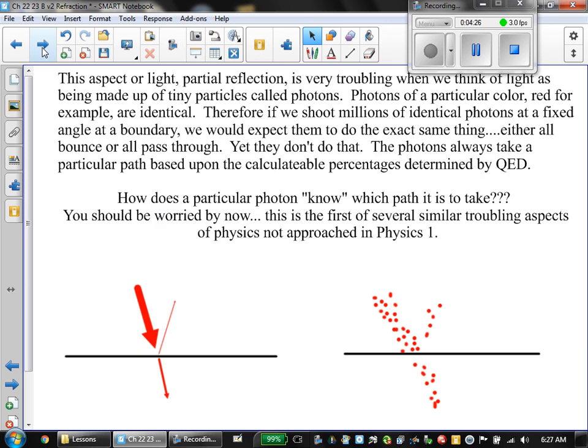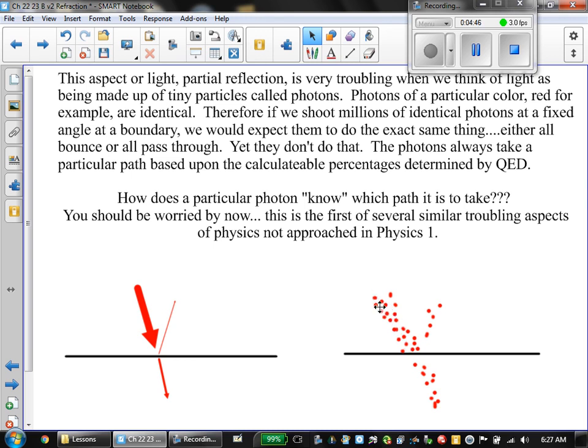The really bizarre part is that we sometimes treat light like a wave, and sometimes we treat it like a particle. And we'll get into this particle or photon theory of light a little bit later, but if I think of it as a wave, I can say, okay, it does what it does. If I think of it as a particle, it's a little troubling, because you imagine a beam of light made up of millions of little BBs or photons.